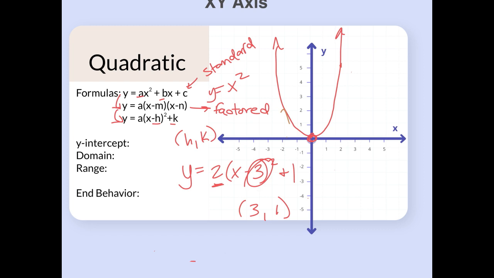So in this case, we have a little bit of a stretch, and it's positive, so it's opening upwards. And then other information that we can gain from this is basically we can change this into some of the other formats. So for example, I could take this and expand it, such as 2 times x minus 3 times x minus 3 plus 1. And if I were to do all the math here, then it would end up giving me the standard form